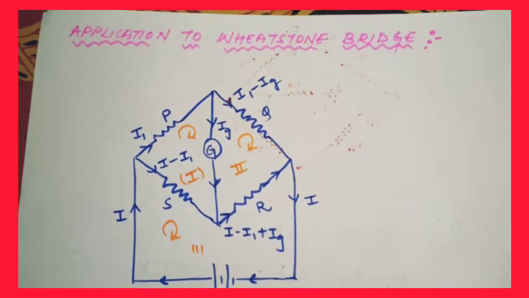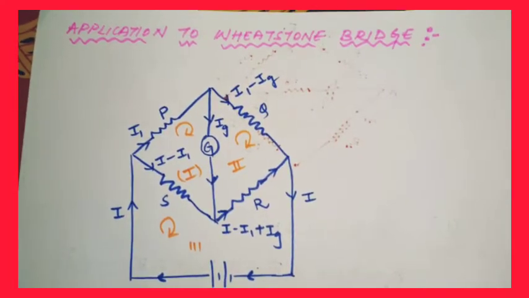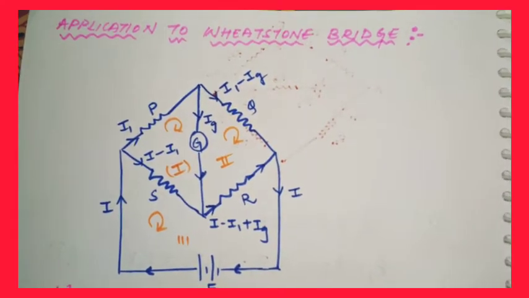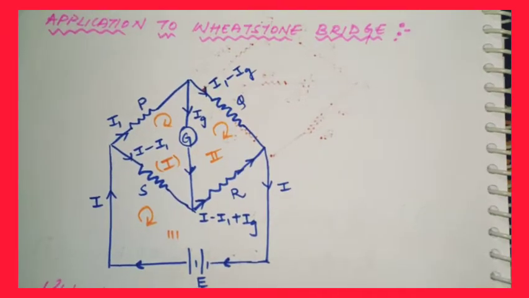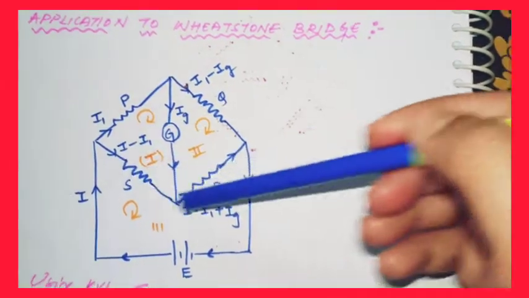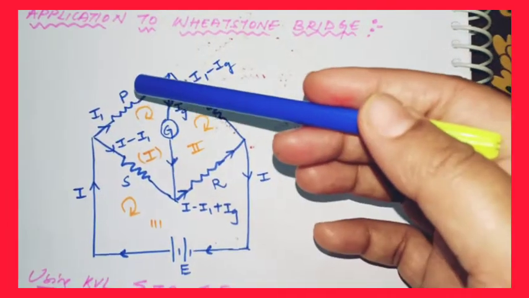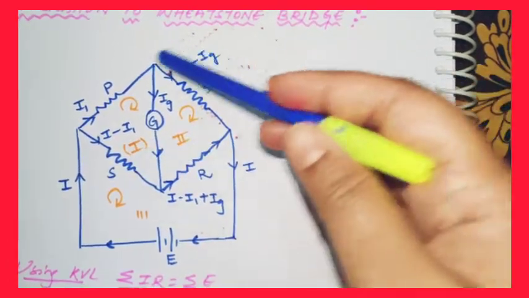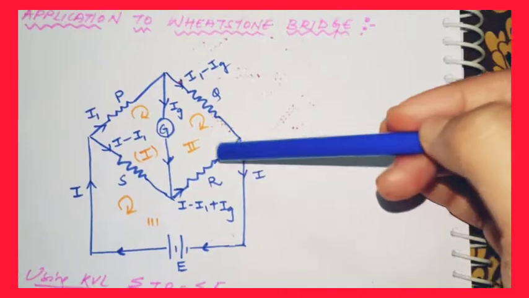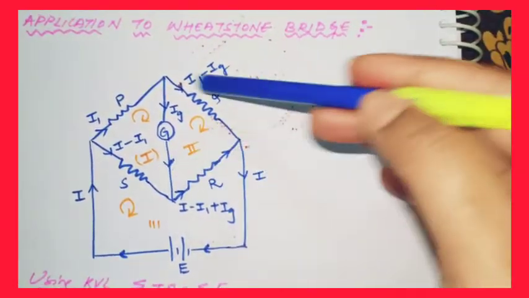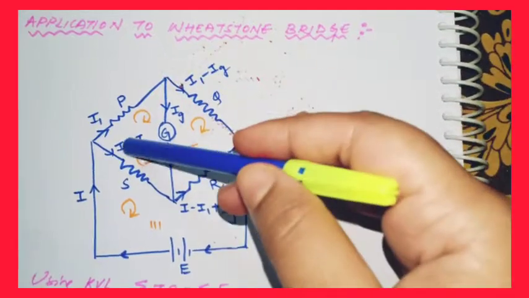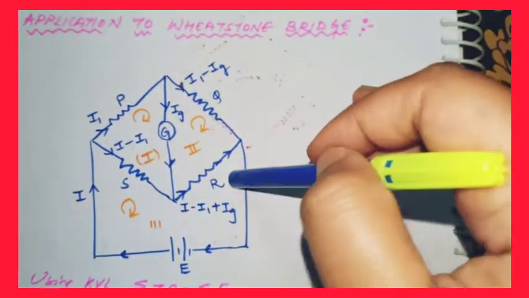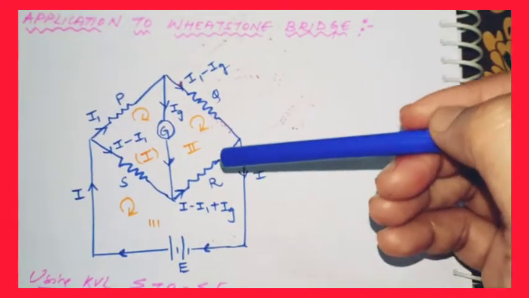Students, let us apply Kirchhoff's voltage law or KVL to solve and find out the condition for balanced Wheatstone bridge. So what is a Wheatstone bridge, students? A Wheatstone bridge is nothing but an arrangement of resistances. You can see there are 4 resistances P, Q, R, S. These 4 resistances are arranged in form of a quadrilateral. And why do we have Wheatstone bridge arrangements of resistances? Wheatstone bridge arrangement of resistances means I have arranged 4 resistances in form of a quadrilateral, and we do this to find out the unknown resistances out of the 4.